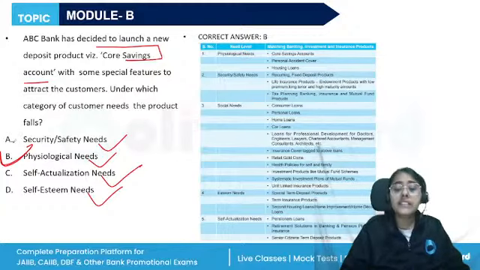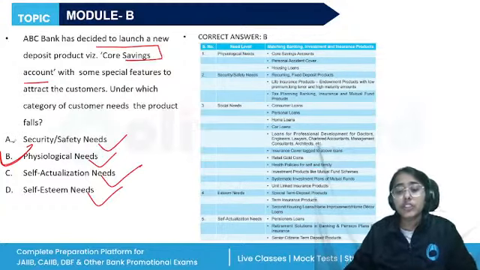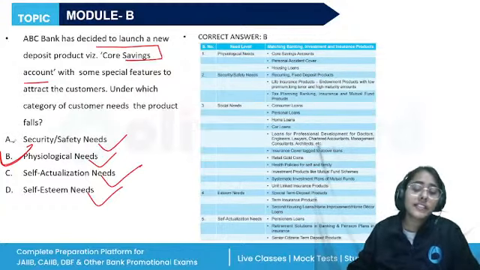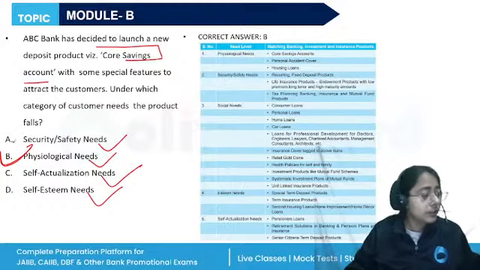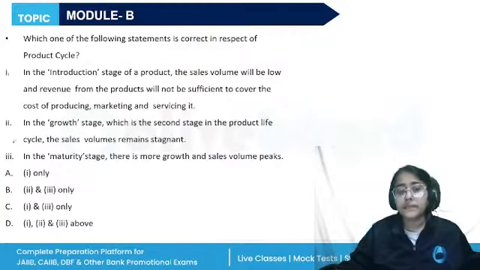Esteem, which will increase the self worth of the individual. If I buy a second house, it will increase my self worth. And finally, self actualization, retirement solutions, senior citizen term deposit, pensioners' loans, and so on. All right. Next,